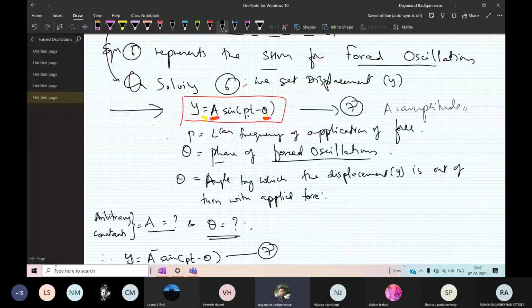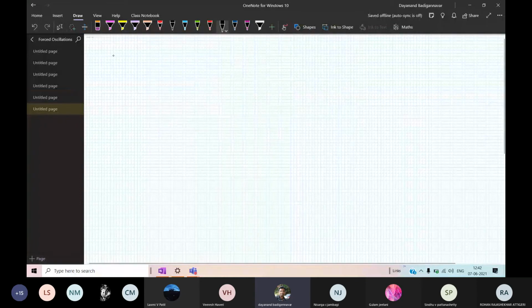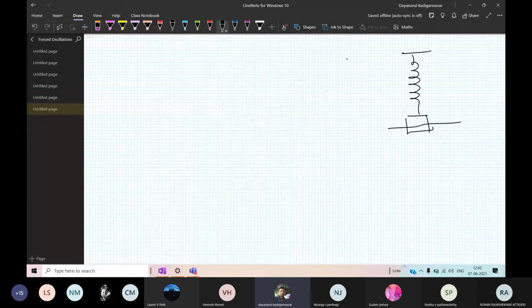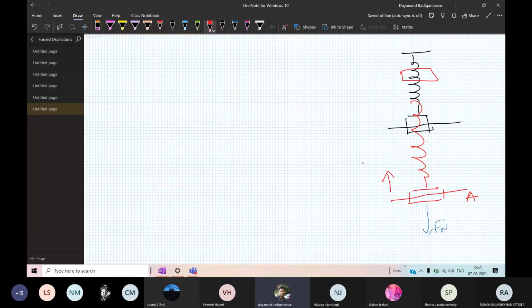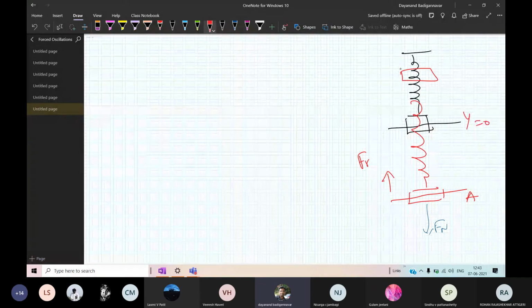Okay, so therefore, in recapitulation, what I have done: I have taken the spring mass system, like this. It is executing SHM, which is a damped one. This is between A and B. I have applied a force. This is the force, Newton's force Fn. Due to this there is a restoring force Fr. There is a damping also. Why? Because it is dying after some time. This is A and this is B.